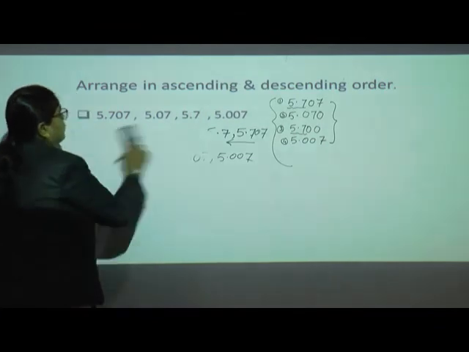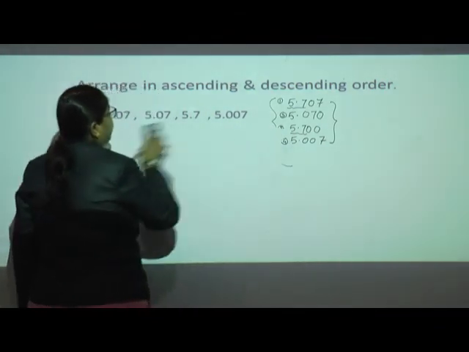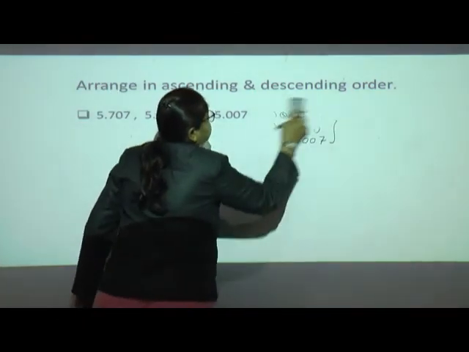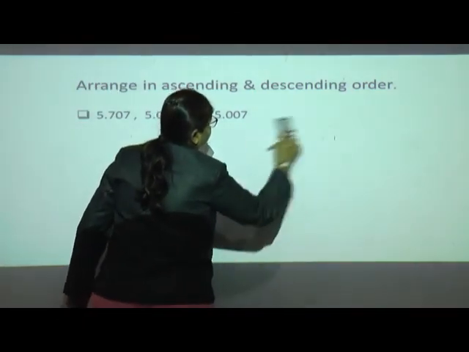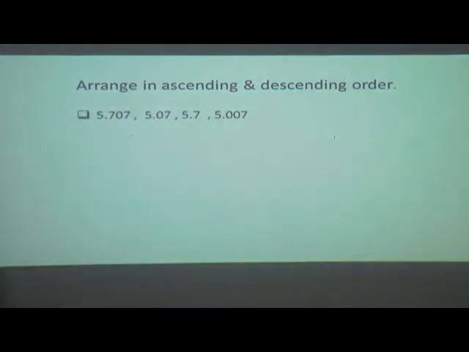If you are comfortable, you can write directly, with no need for this rough work. I showed you because if there is any confusion for some students, they can get the concept very clear. So what is ascending? In regular numbers, we write the smaller number first, then go to the higher number. So ascending and descending, we have seen that. Now we will see